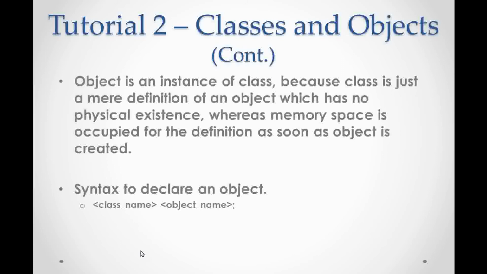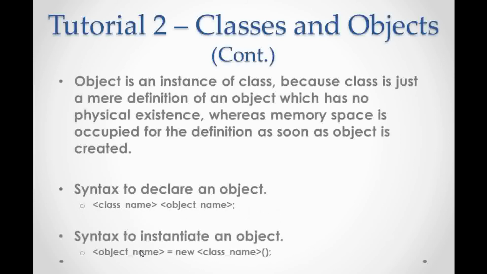Now what is the syntax to declare an object? You have to specify the class name, space, and then the object name. Now wait, some of you who were with me throughout BlueJ for 9th might be thinking that you told something else in BlueJ for 9, the syntax was a bit lengthier, and now you are making it very short. Were you telling it wrong that time, or are you telling it wrong this time? Actually that time also I was right, this time also I am right. How is it possible? Because I told you this is the syntax to declare an object. There is one more syntax, and that syntax is to instantiate an object.